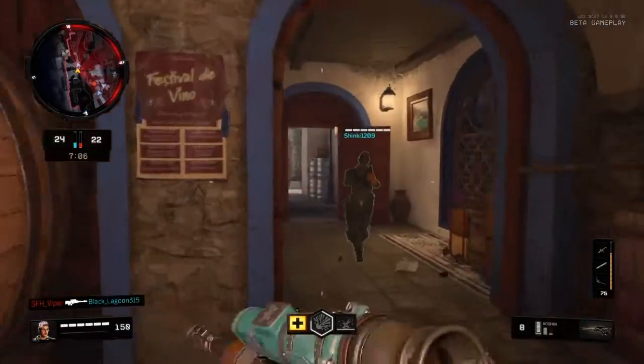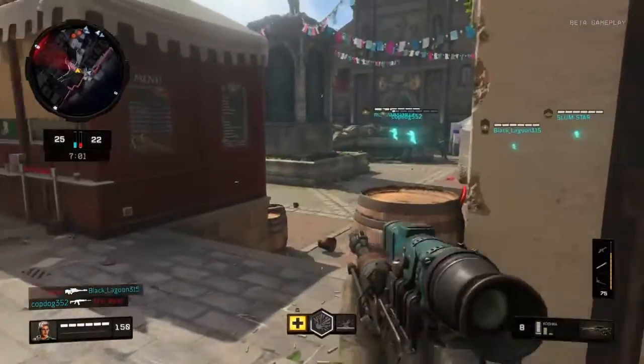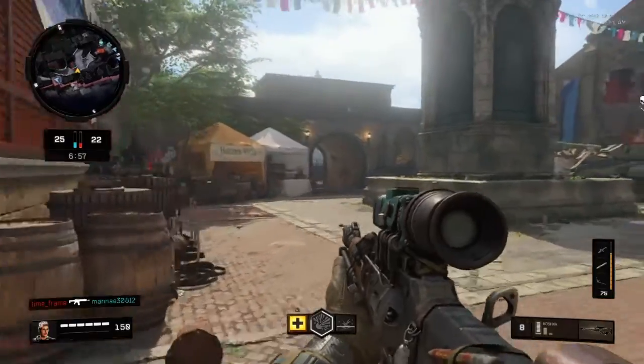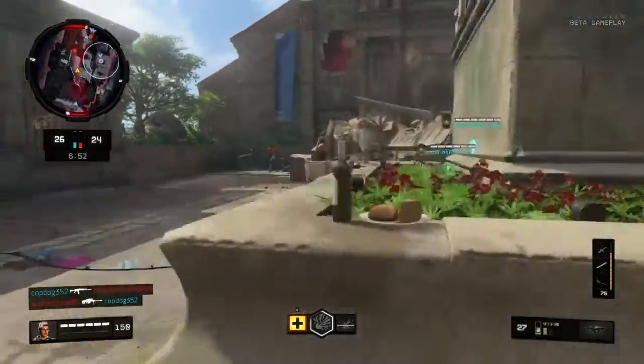But I think it should be 50 for UAV assist. I'm not really sure if they do, but because of your UAV, your teammates know where the enemy is exactly. So,